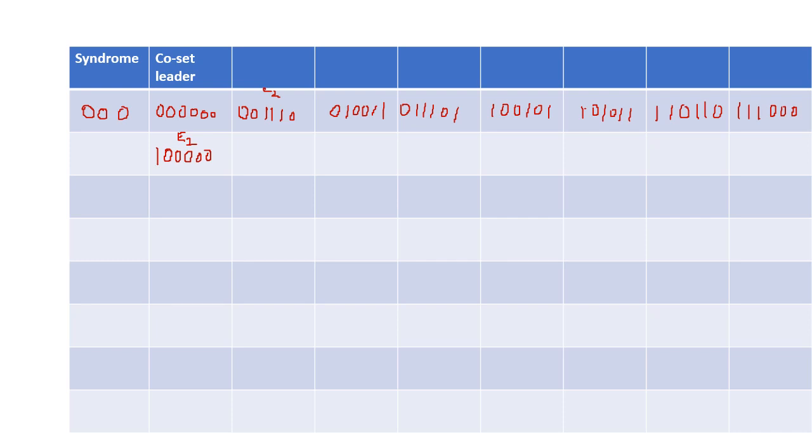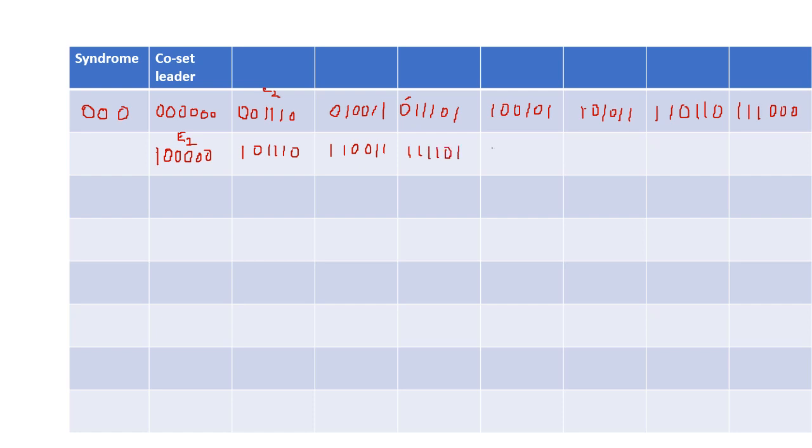So C2 XOR this particular value E2, and we are completing the second row. That is, we are going to do the XOR operation of the first bit. So 0 plus this one will be equal to 1, and the remaining bits are going to remain the same. Similarly here, when I do the XOR operation we'll get 1 as the first MSB, and the remaining bits will be as they are. Similarly this particular bit is XORed with this E2. So we are going to get 1 1 1 1 0 1.